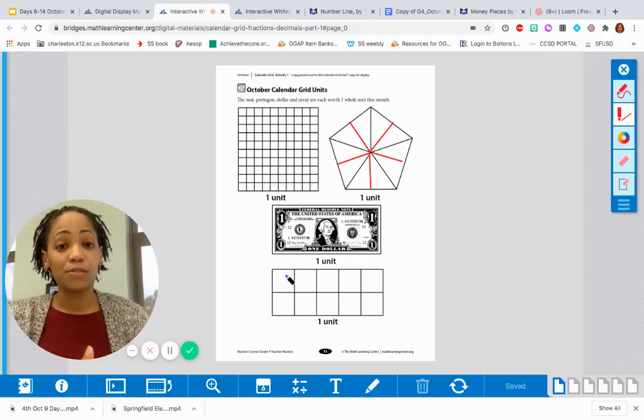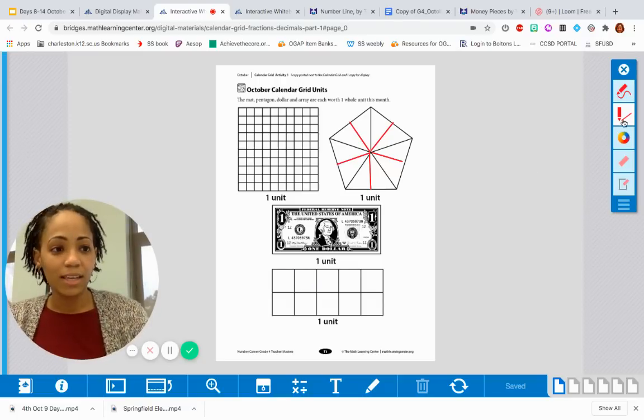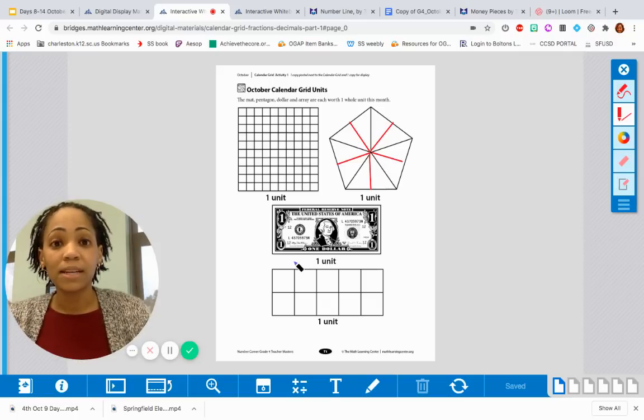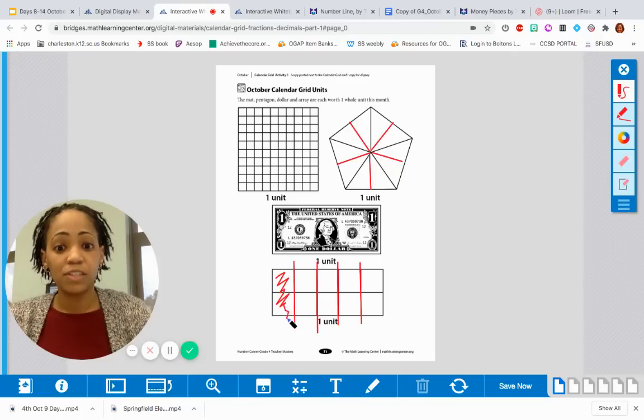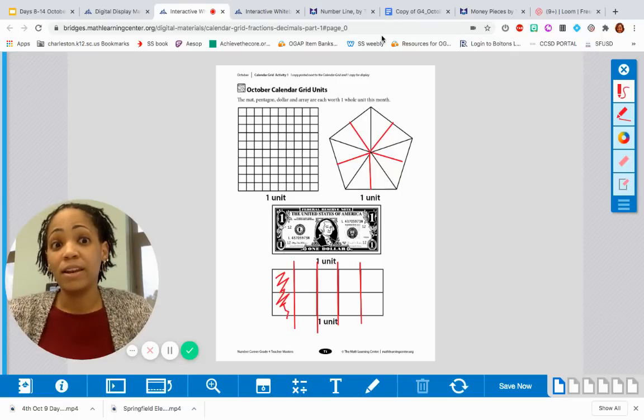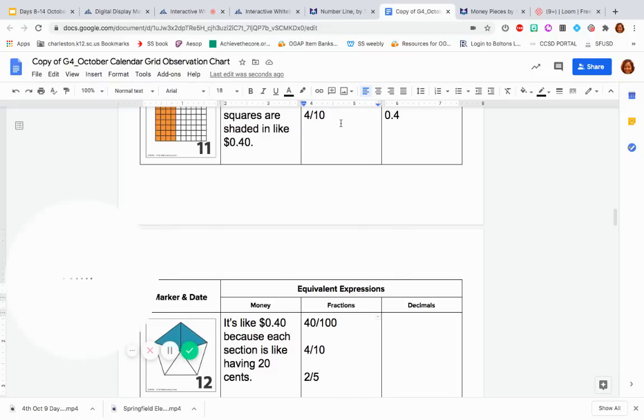So we could add some equivalent fractions to our marker for the 11th and for the 10th. Let's look at this, since we have 10 units, or 10 of these squares within the rectangle. And I could separate it into 5 groups. And if I did that, it would look like this. Here's a group, here's a group, here's a group, and here's a group. Now I have 5 groups. And so potentially, if I have 2 of these shaded in, that's saying I have 1/5. So I'm going to add 1/5 to our